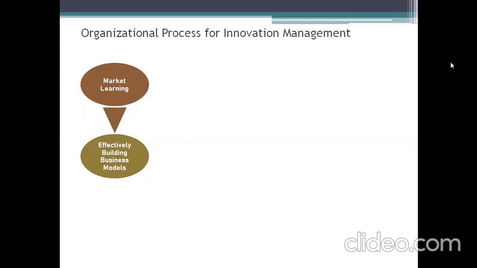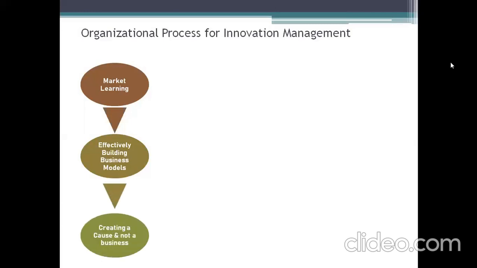So once you have the market learning, you should create a business model which is workable, adaptable, and can be easily understood by each and every stakeholder. Investors can easily understand the innovation you want to bring and what change you want to make with the money they are investing and the efforts they are putting in, and what you want to offer to the market, so that it can be attractive, adaptable, and the return on investment can be maximum. That is what the business model talks about.